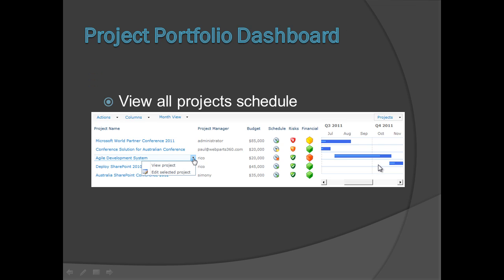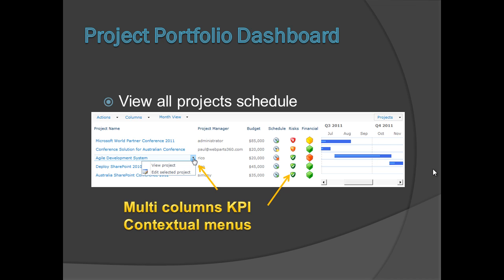So when we talk about a dashboard, it looks kind of similar, but if you look carefully, this particular system has a multi-column KPI. SharePoint, as you know, only supports a single column, right? The other thing that you realize is that the menu says view project or edit selected project. It doesn't say view item, edit item, which is what SharePoint is. It's very difficult to change the context, the caption in a menu. And more importantly, this Gantt view is a month view, not only daily, which is the only format for